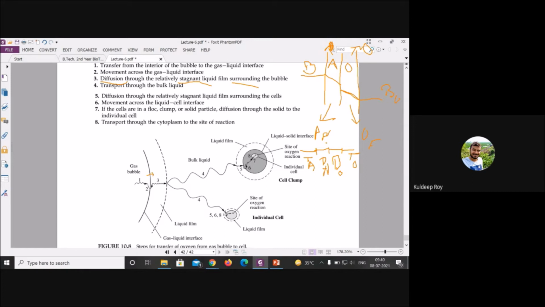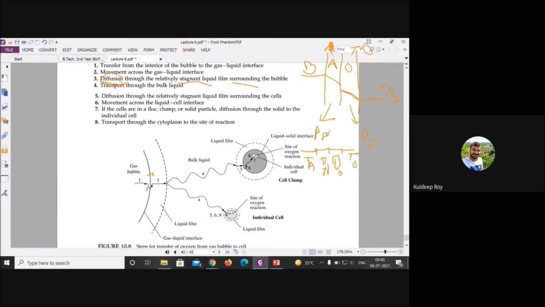Just keep this word and read this word. It means we are claiming that turbulence is there everywhere, but the diffusion will occur at the interface, or you can say at the film. This thing we have discussed. The same thing is happening now. He has used three to four words.